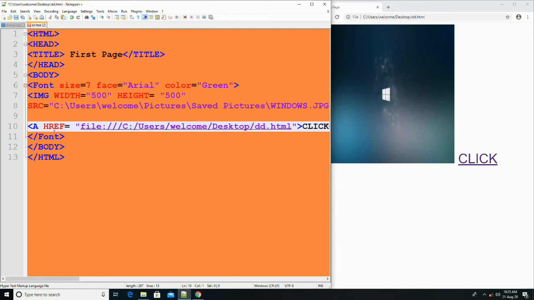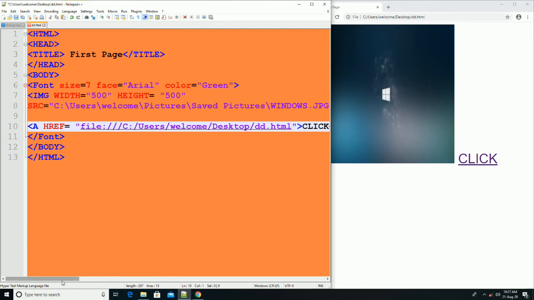Here I used the source where the image is copied, that means the location of my image is in C drive, users, welcome, pictures, saved pictures, and the image name, Windows, and the type of the image, that is the file format or extension of the image.